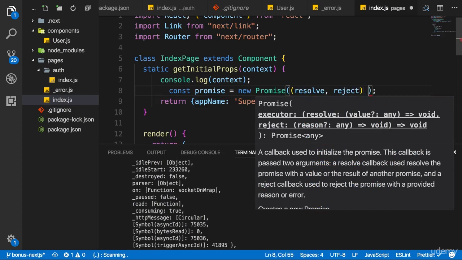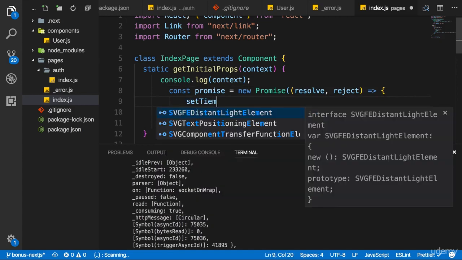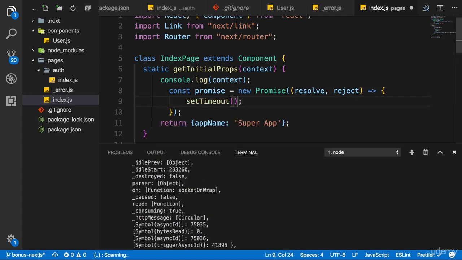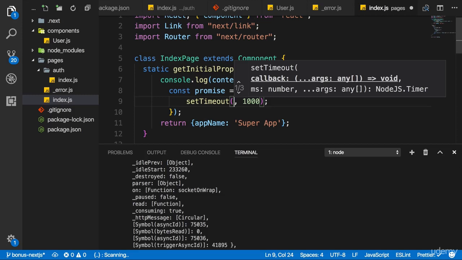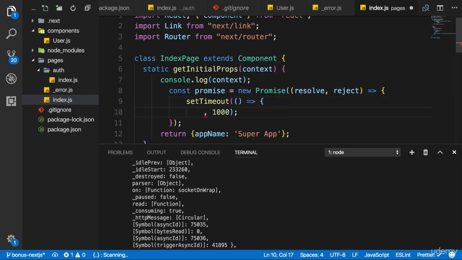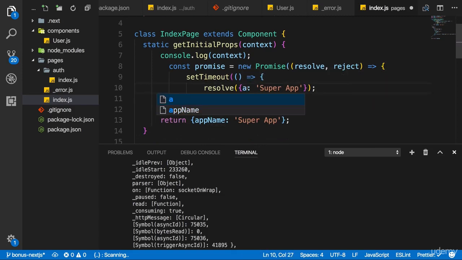If that's all new to you, I recommend refreshing the promise knowledge in general, as this is an important JavaScript feature. In a promise, you typically execute async code, and again, oftentimes you don't write promises on your own, but you use some package which wraps some async action like reaching out to a server in a promise. Axios, which we used in this course, does that, for example. So here in that async action, like setTimeout to fake reaching out to a server, you would then call resolve and return your data, like the name of the app, "Super App". And then what you can do, or let's name it appName here too.